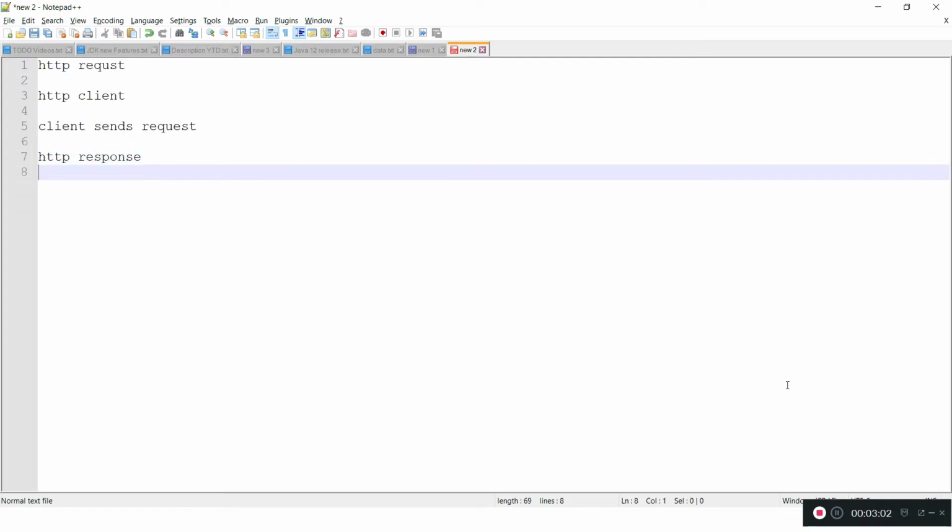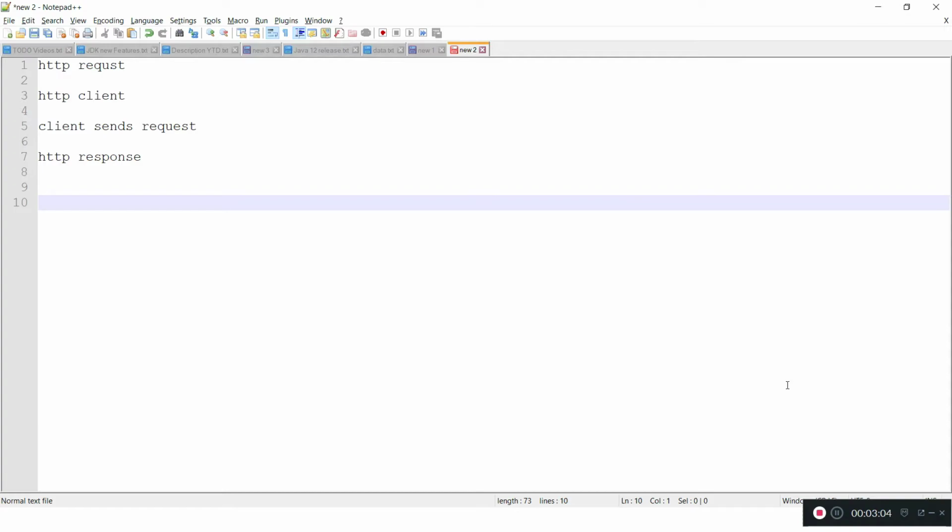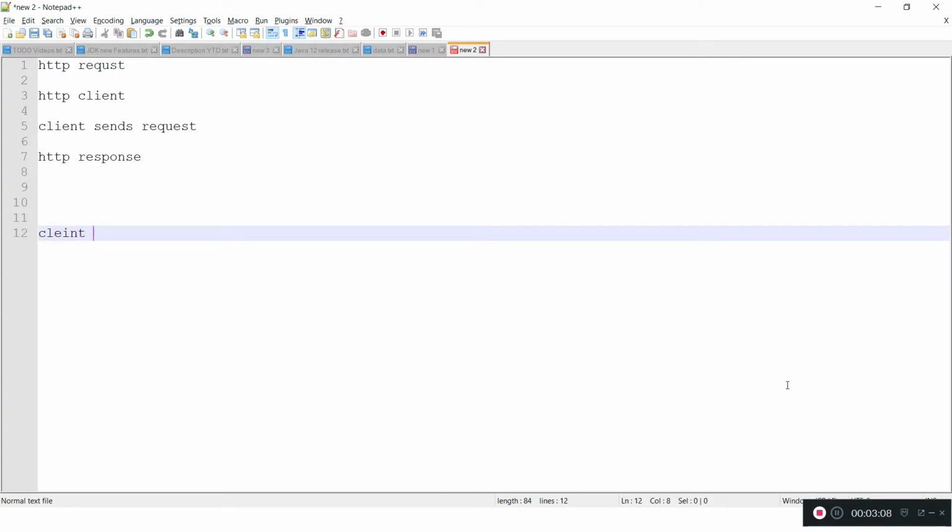Everybody knows how client and server applications work. Let's say here is a client, and the client sends a request to the server or a service. That request goes over the network, so it is an HTTP request, and it can be a GET request, or POST, or delete, or put. So there can be multiple types of request.